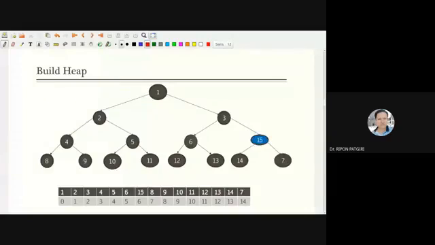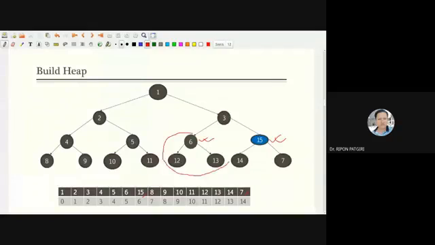If you see in the earlier slide, it was 7 and 15. Now 15 comes here and 7 comes here. Next, we have to perform max heapify on this block.